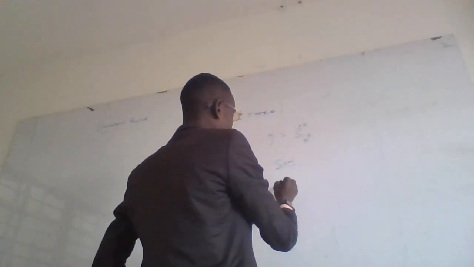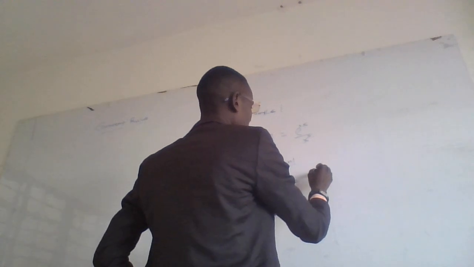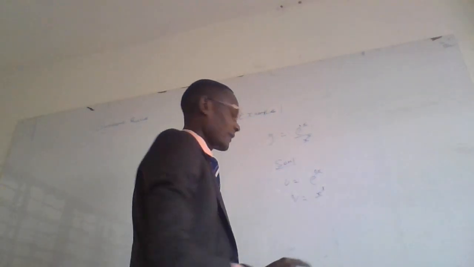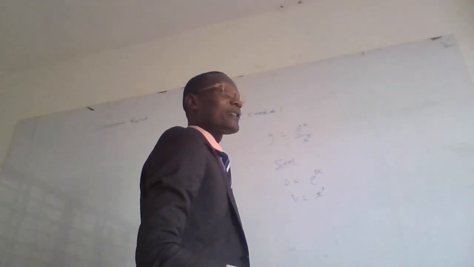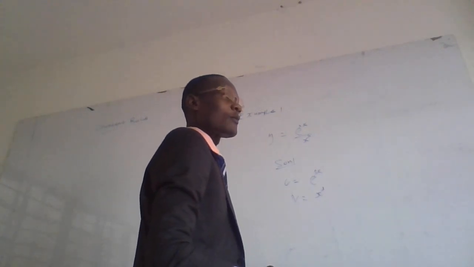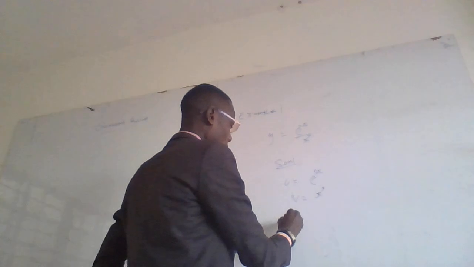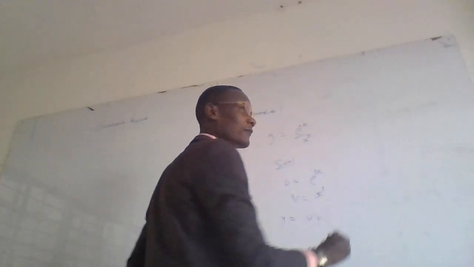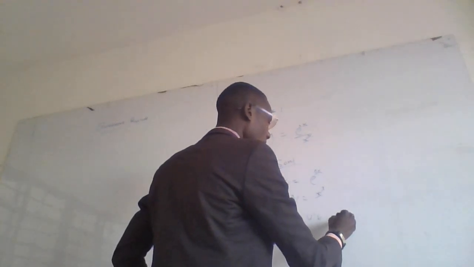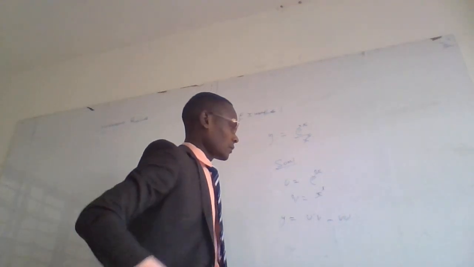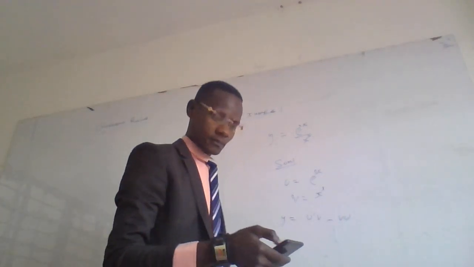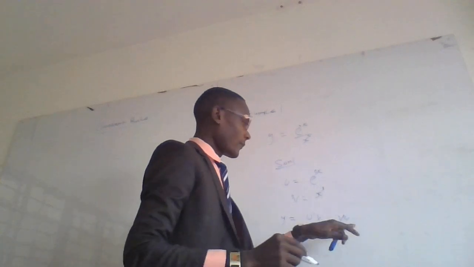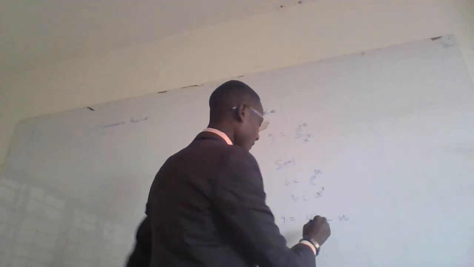So in this case, our u is e to the 3x, then we have our v equal to x cubed. Then we apply the quotient formula, which says that y prime will be equal to the first derivative of u multiplied by v minus the first derivative of v multiplied by u,